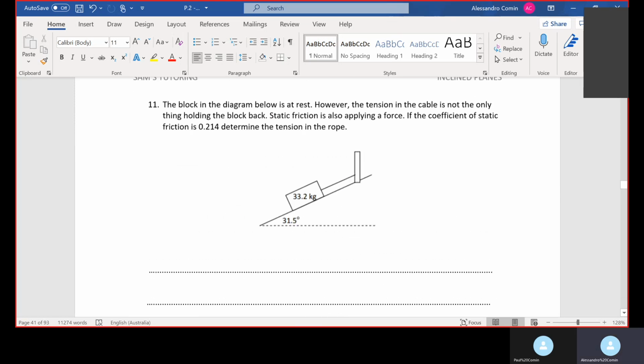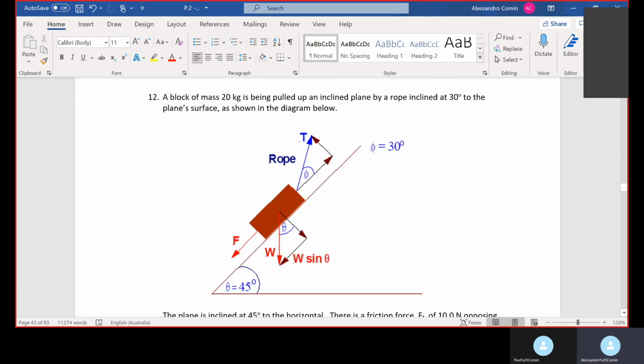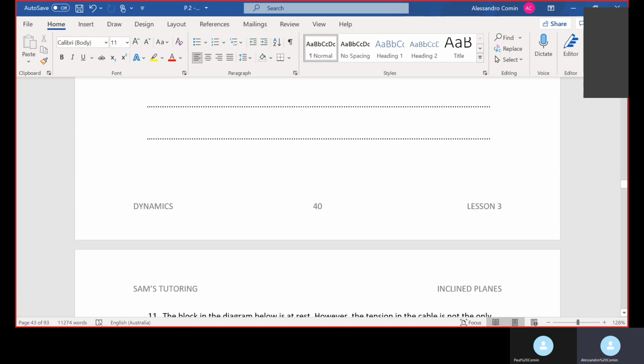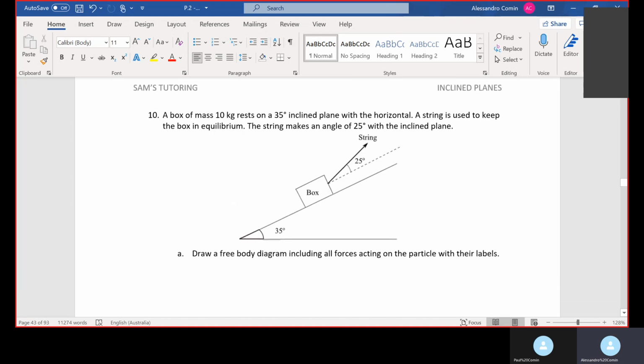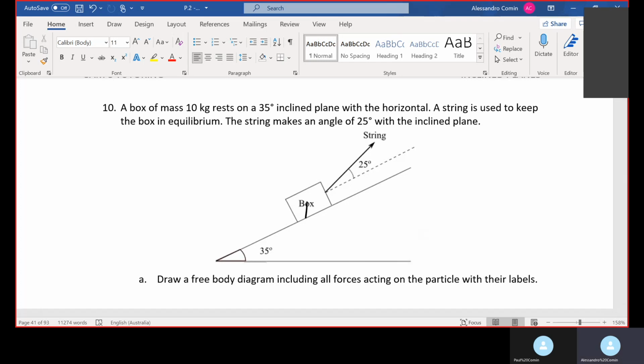Okay, I'm going to do question 10, and then question 12, I'm going to leave that because that's a really, really good question. It involves everything. But question 10 involves inclined plane questions with tension. So if I aim to do my free body diagram, I'm going to have mg sin theta, mg cos theta,